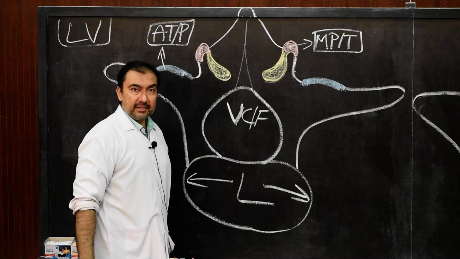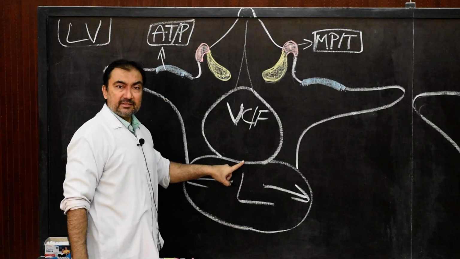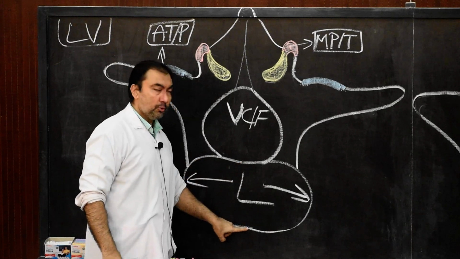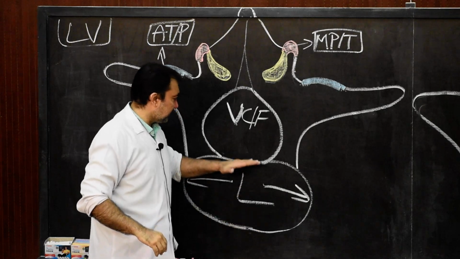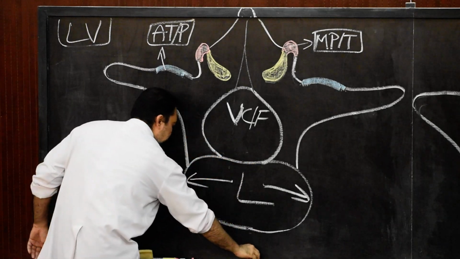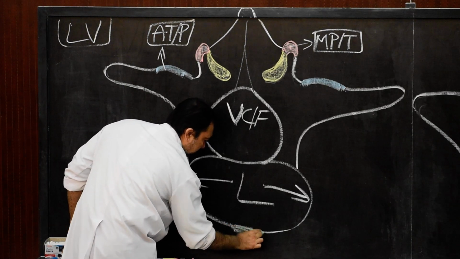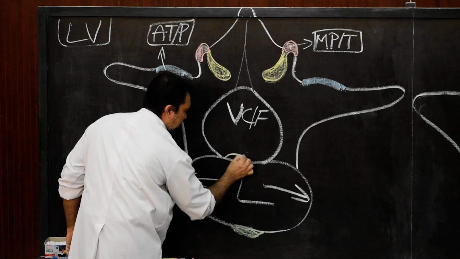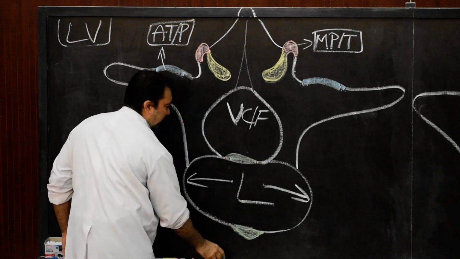Attachment on lumbar vertebrae. On the anterior and posterior parts of the lumbar vertebrae, upper and lower borders, on its anterior and posterior margin, there will be attachment of 2 ligaments. If I start here, this will be the anterior longitudinal ligament, and over here there will be attachment of the posterior longitudinal ligament.